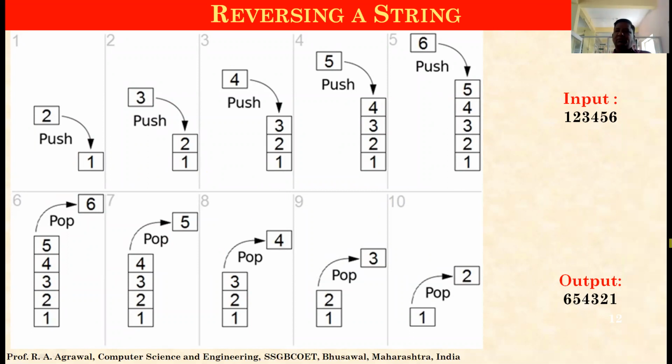So here you can see that the input string which is given is 1, 2, 3, 4, 5, 6. We already know that when we push 1, it will be placed at the bottom of the stack. Then top will get incremented by 1. Next, the element to be pushed is 2, which is added to the top of the stack. Next element 3, again push, added to the top of the stack. Next element 4, pushed to the top. Next element 5, pushed to the top. And the last element 6 is again pushed to the top of the stack. So at the end of 6 consecutive steps, you have 1, 2, 3, 4, 5, and 6 added to the stack.